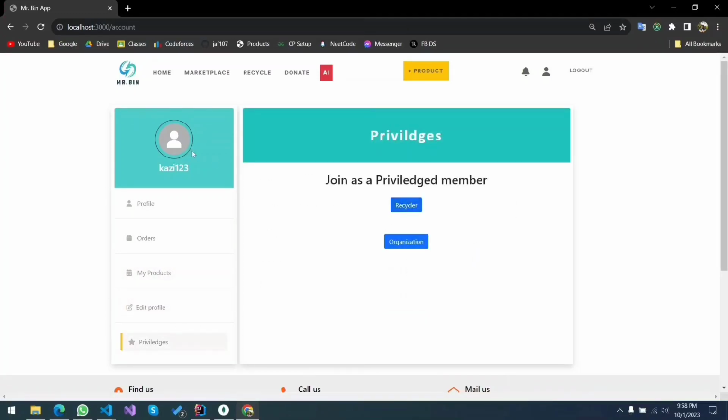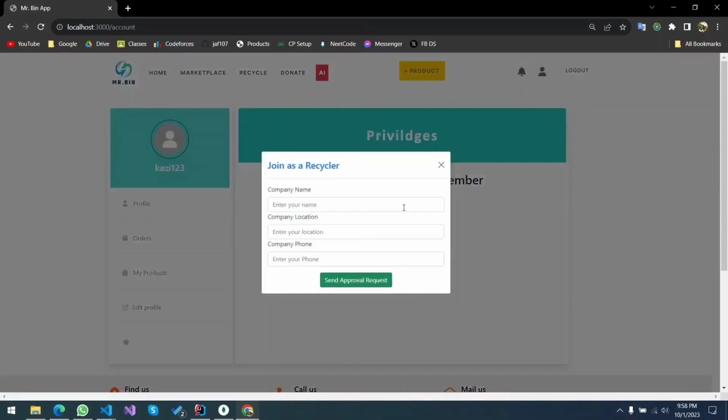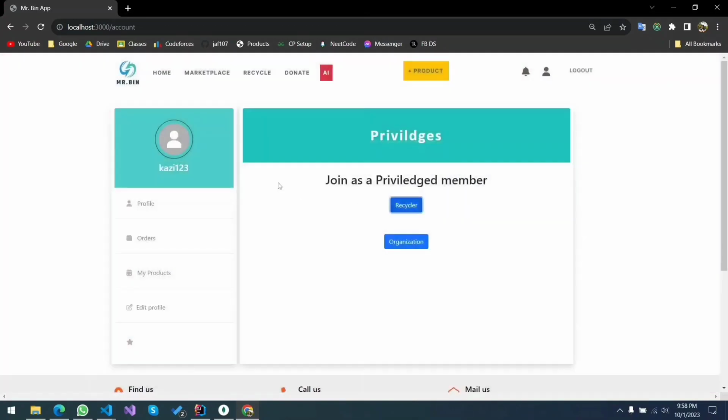In the privilege section, a user can opt to join as a recycler or an organization. We thought of it in this manner: a recycler or organization is a privileged member, as they are both companies. So in order for a user to be a recycler or organization, he or she needs to represent that company or something similar.